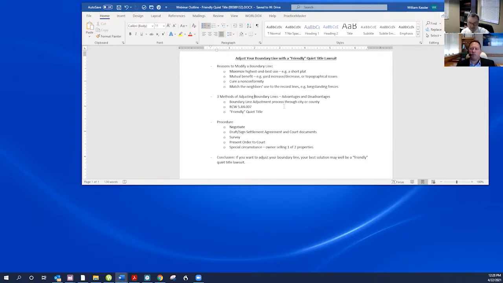There is an Attorney General opinion that came out in 2005 from the Washington State Attorney General's office. It's an advisory opinion, so it's not binding in terms of the interpretation of the statute.